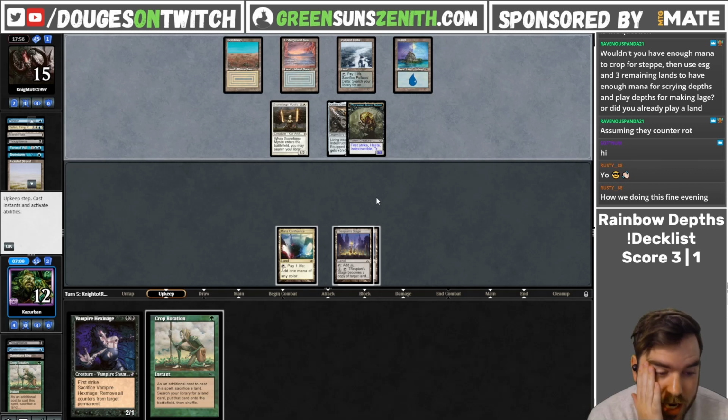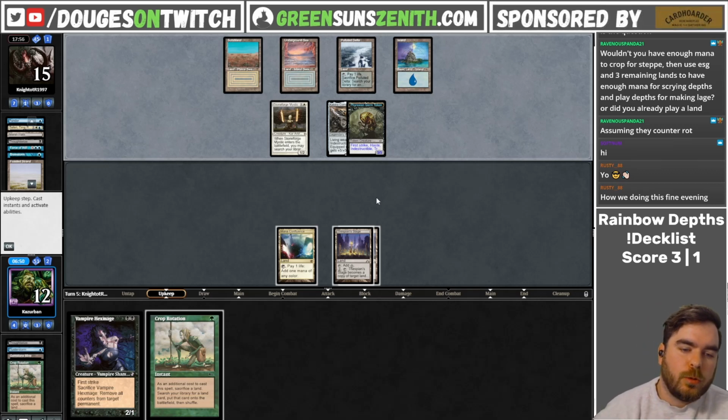So the big question right now is, do we crop for Tower of the Magistrate to take the pressure off? Because I currently have a 2-turn clock, so I think it actually is correct to do that, rather than keep the crop to try to get there in 2 turns with Dark Depths. Like we gain so many additional turns if we do crop here, so...